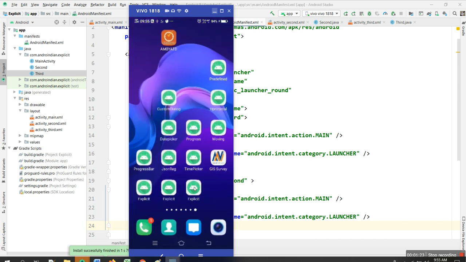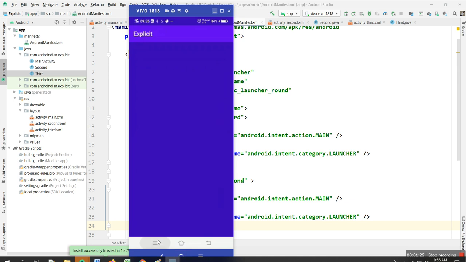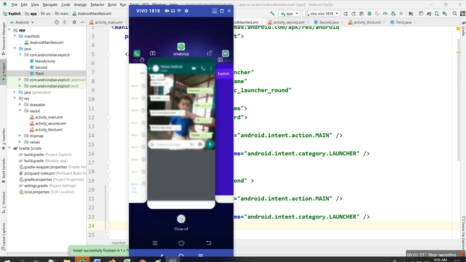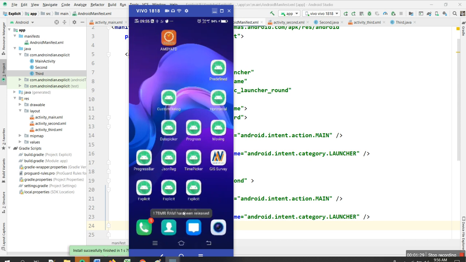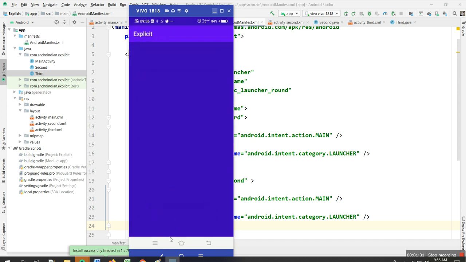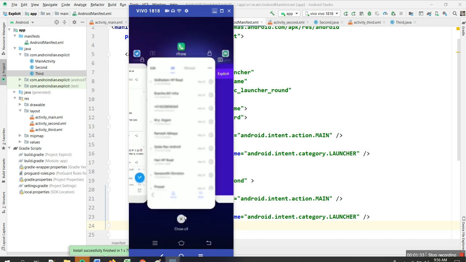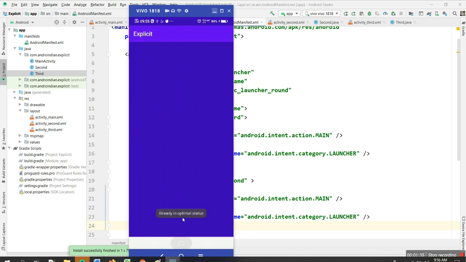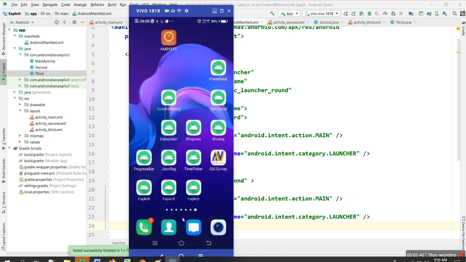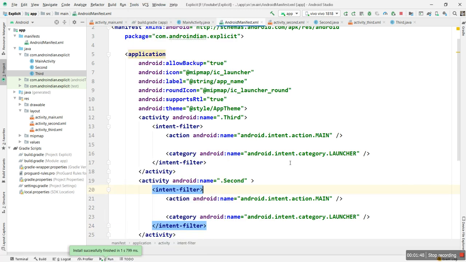See, it installed three times. This is the third page. Just a minute, I'll open them one by one. This means it can be installed three times. But why can it be installed three times? Because